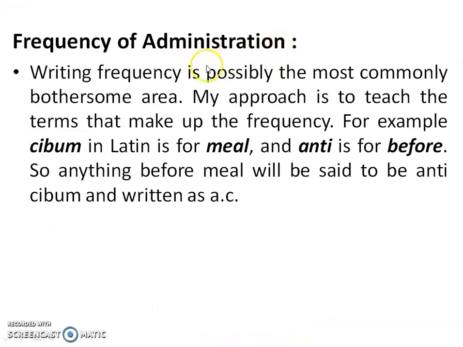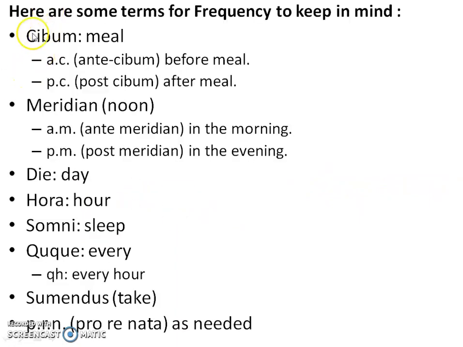Frequency of administration. Writing frequency is possibly the most commonly bothersome area. My approach is to teach the terms that make up the frequency. For example, cibum in Latin is for meal and ante is for before. So anything before meal will be said to be ante cibum and written as AC. Here are some terms for frequency to keep in mind: cibum, meal; AC, ante cibum, before meal;